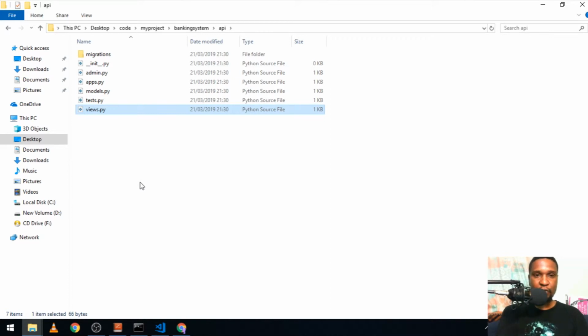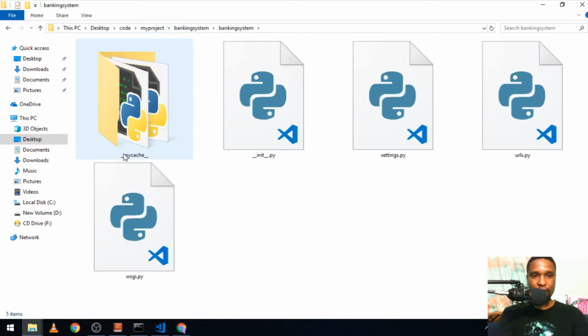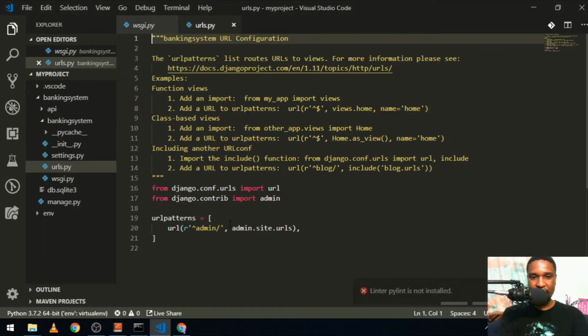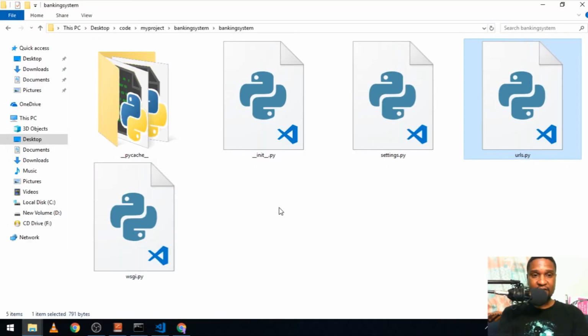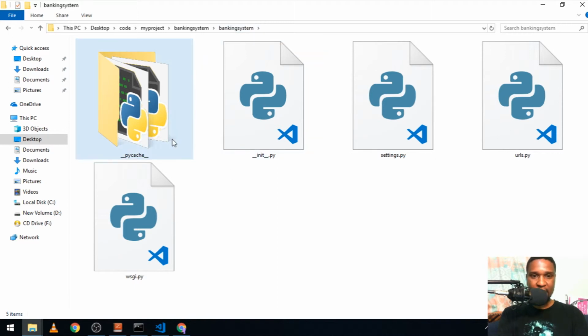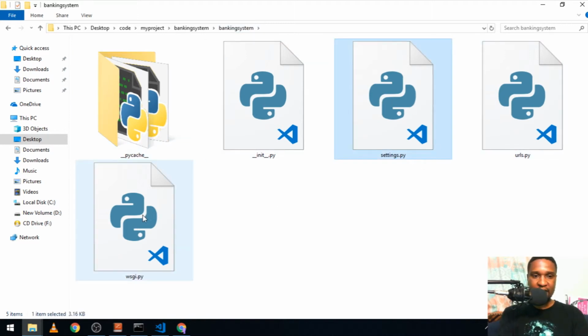Another thing is we need to add a URLs file here, because let's say we want to access URLs inside this application. We need to define the URLs for this application, and then after that what we are going to do is we also put those URLs inside the root URL. The root URL usually is on the root level of your project. The root level of your project is here, the banking system. This is where you'll find the settings.py, the wsgi.py file. Okay,